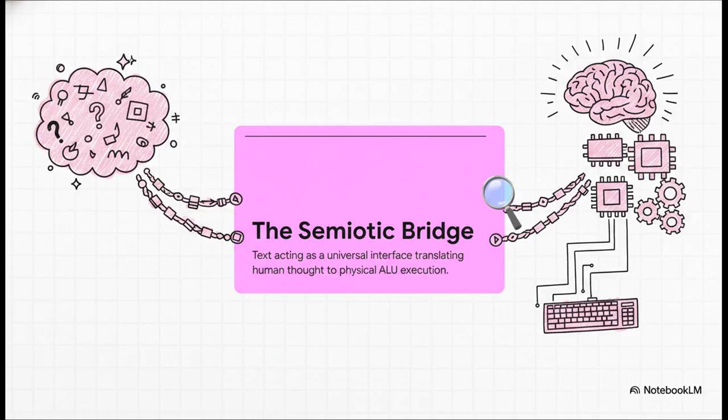Text acts as the semiotic bridge. Specifically, strictly formatted text like JSON or Python scripts. It serves as the universal deterministic interface. Our collective symbolic cognition, what researchers sometimes call our fundamental human operating system, or OS alpha, uses imperative text scripts to direct the machine. Text is quite literally the only way to safely compile our associative imagination into exact hardware